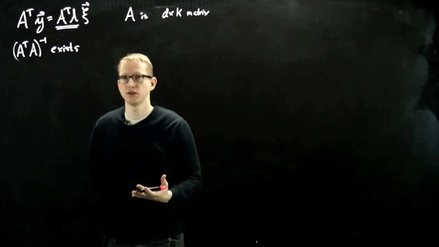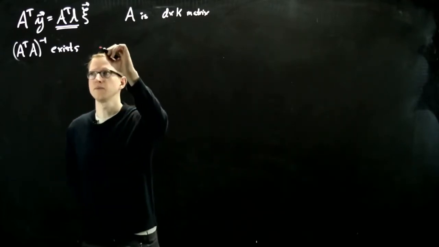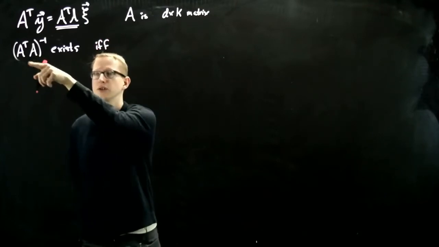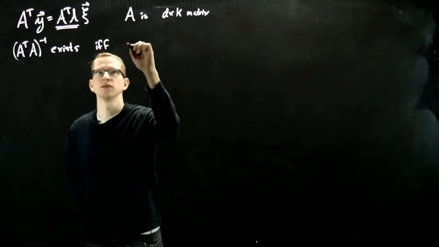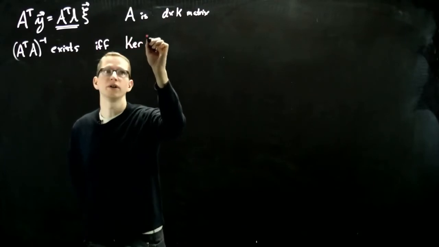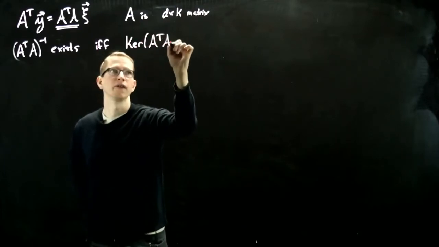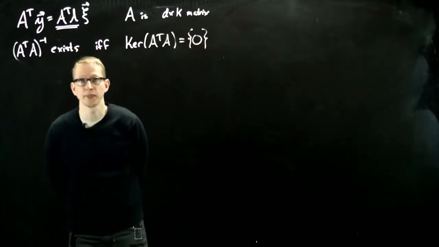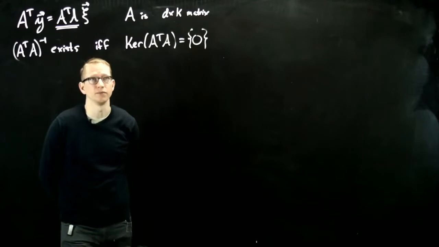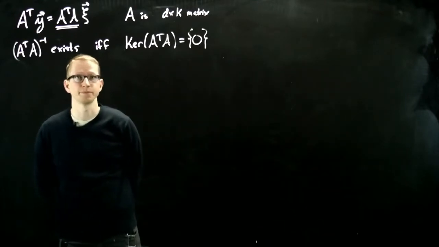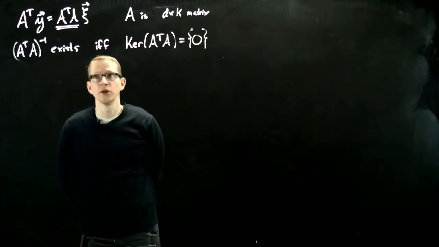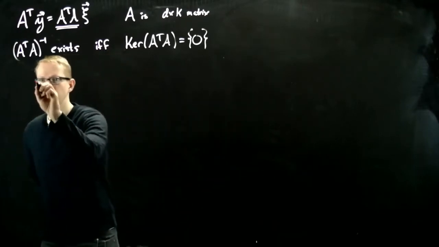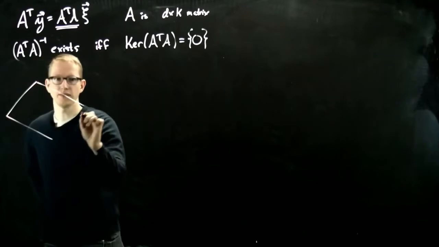So one of the situations when this exists is when the kernel of this matrix vanishes. That's one of the criteria. So 0 as a vector space, as a vector subspace of Rk. So when does something like this happen? So to understand when we can apply this method,